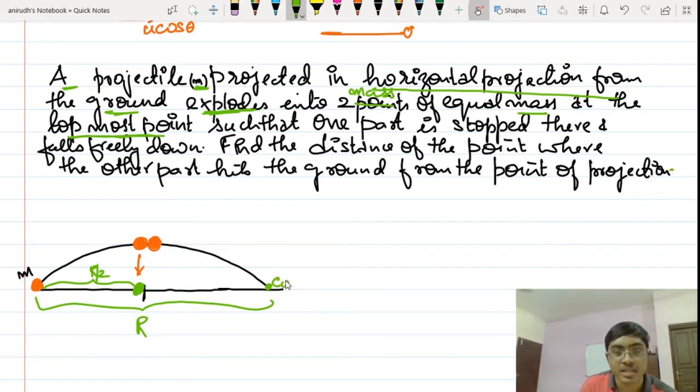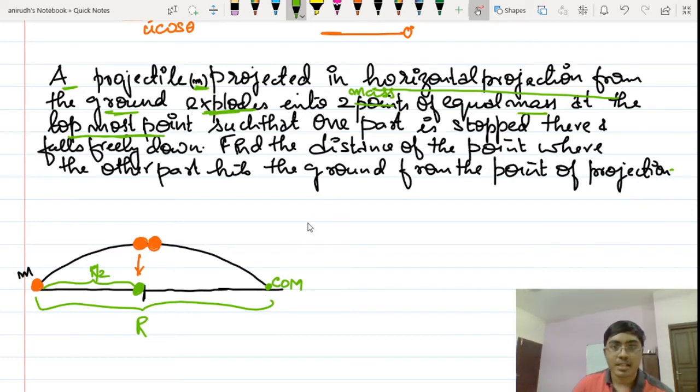This is the center of mass of the entire body. Okay, this is the center of mass of this body. Now it is broken into two. The center of mass of these two bodies will directly come back. They will keep on going in the same trajectory and will fall in the range of the projectile itself. That is the particular idea that I am supposed to understand here.